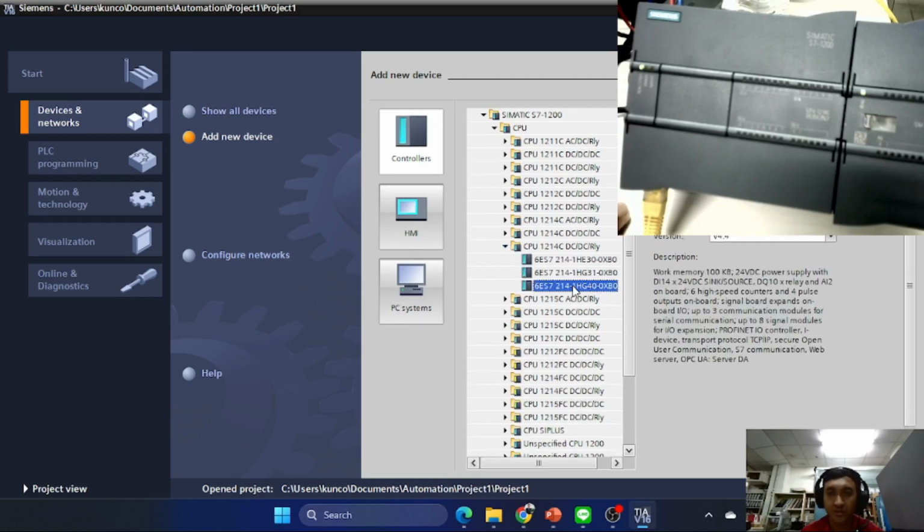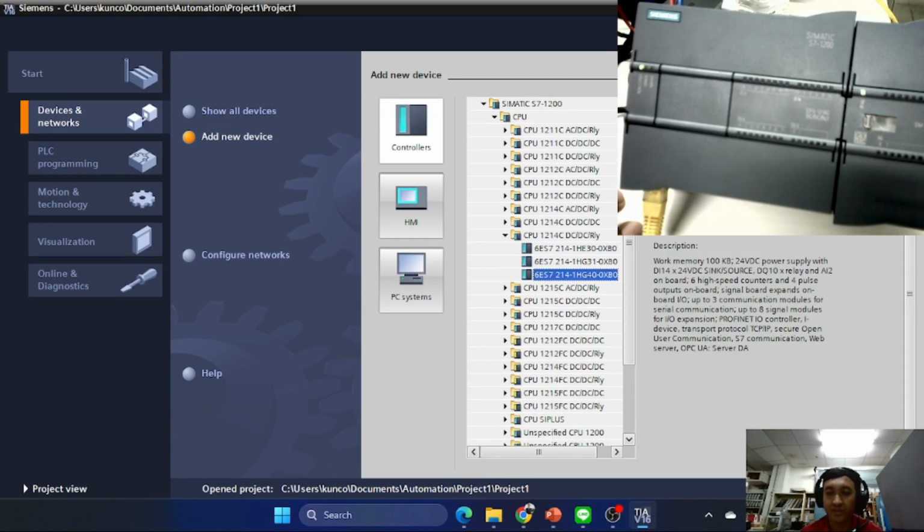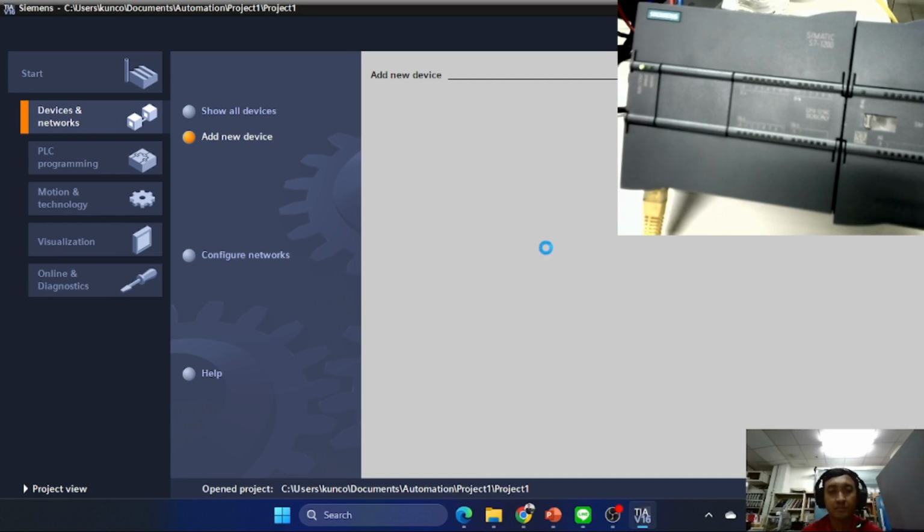We can choose the PLC and add the device. Waiting to configure the device in the TIA Portal. Still loading.